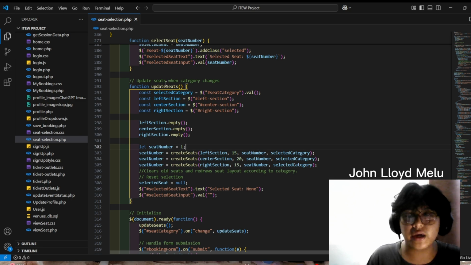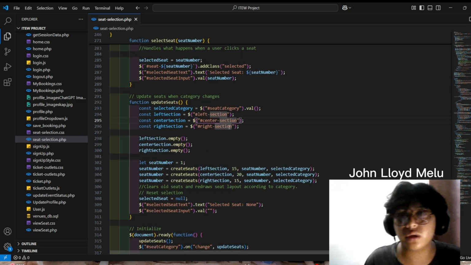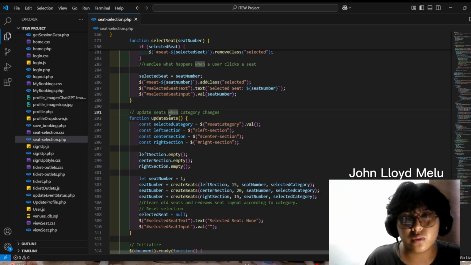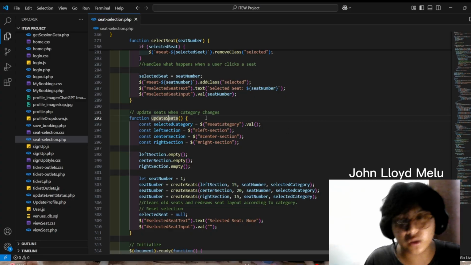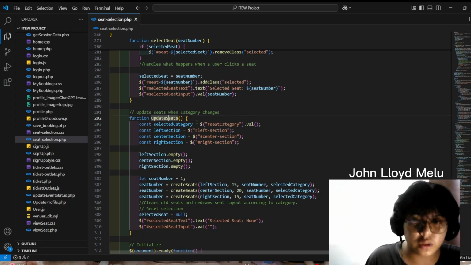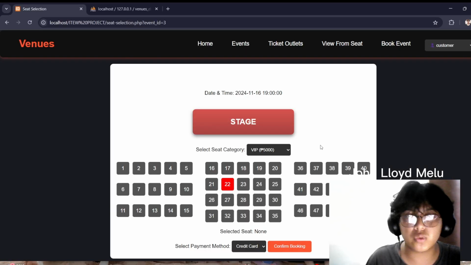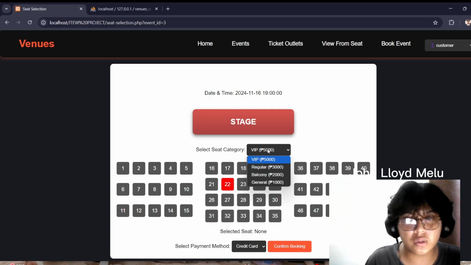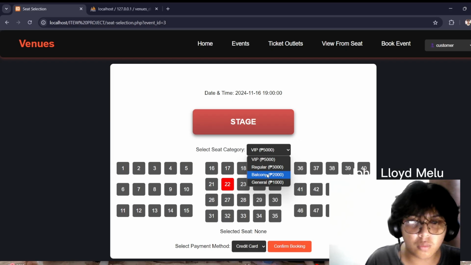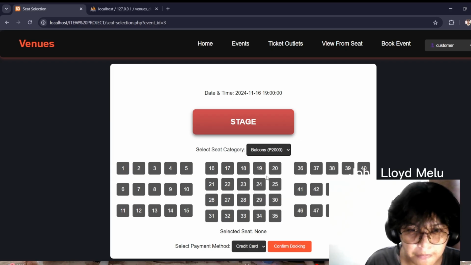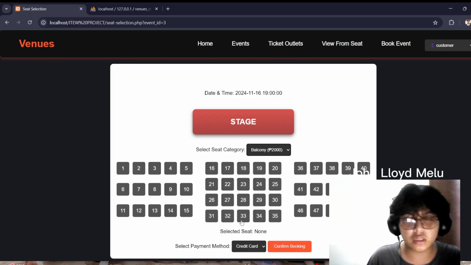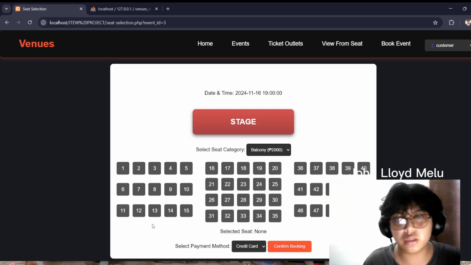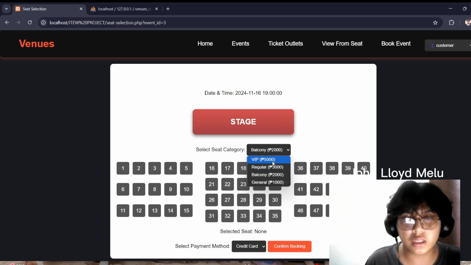And now we have update seat. This one will update when the category of the seat is changed. Let me show you. As you can see, we bought this seat, right? Once we change this category, let's say let's go to balcony. As you can see, it updates the seats based on the category.